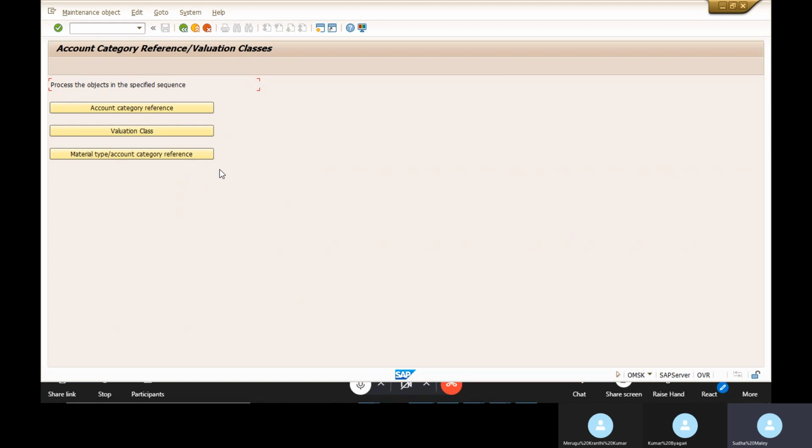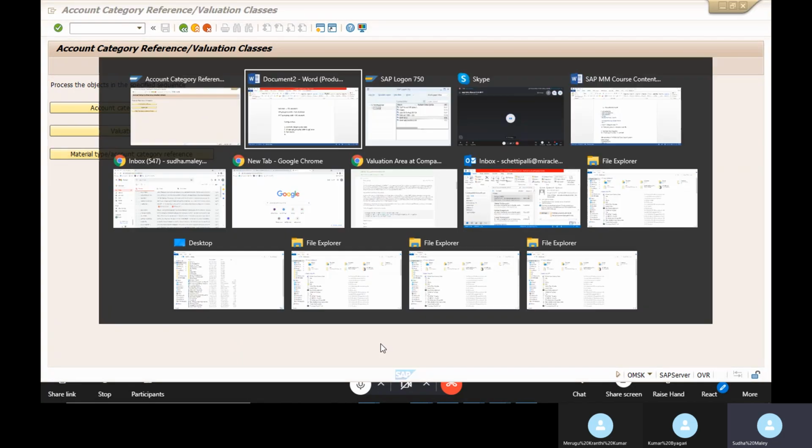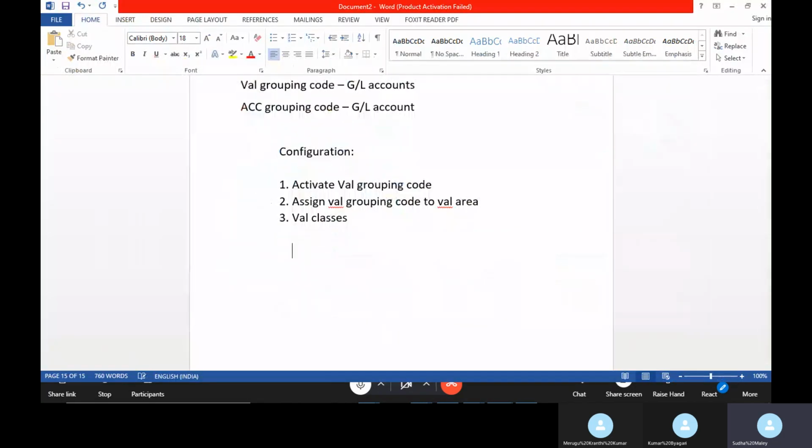This is an important configuration. There is a link between your valuation class and GL account, but your material type and valuation class will not have a direct link. Based on your material type, you will assign your valuation class.